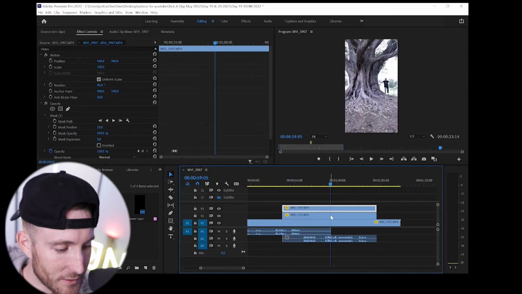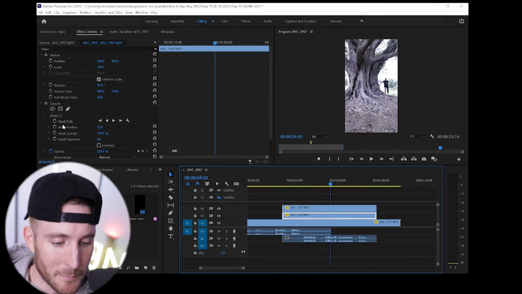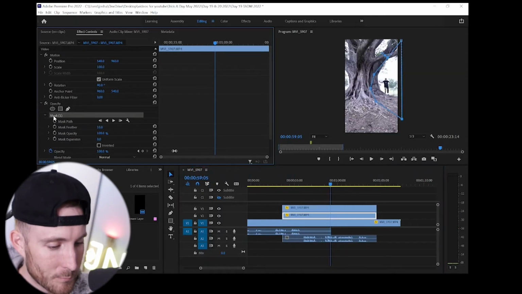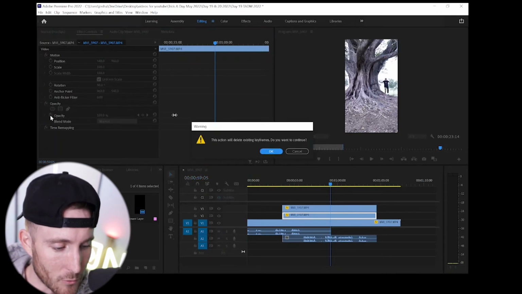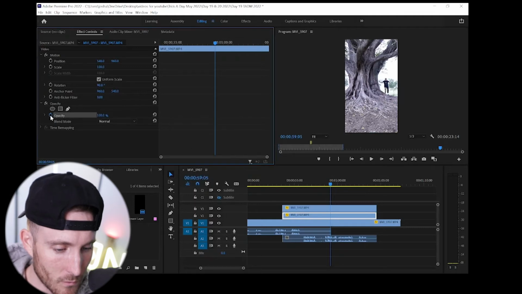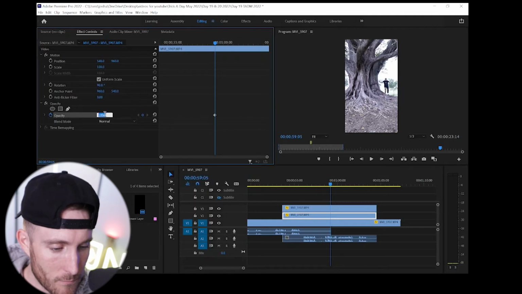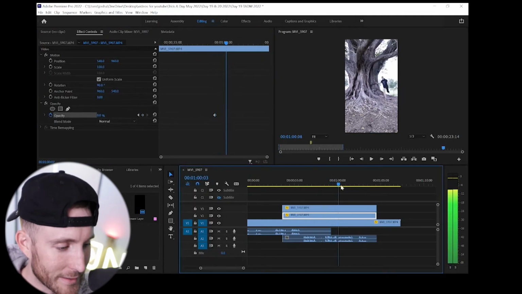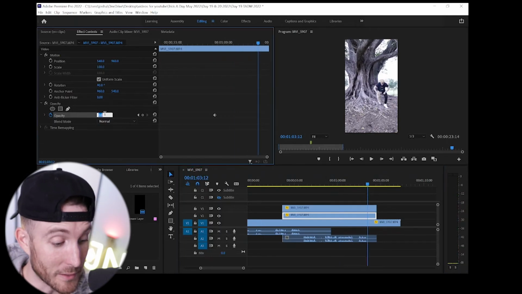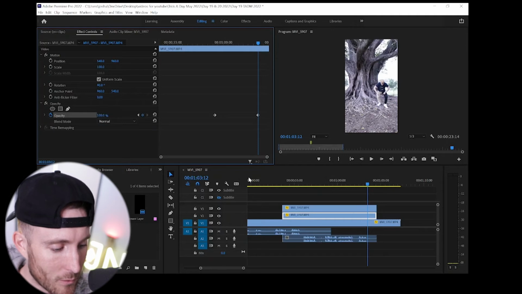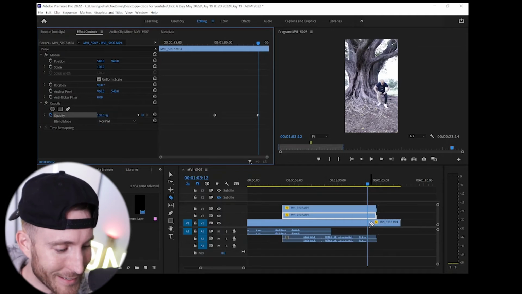So now this clip, I'm going to do a couple of things to. I'm going to delete that mask and I'm going to have it fade in. So I'm going to get rid of the fades that were in here before and I'm going to set it to 0 and then I'm going to allow it to fade back in about here. And you'll see why that makes sense in a second. So now once that gets to 100, I can delete